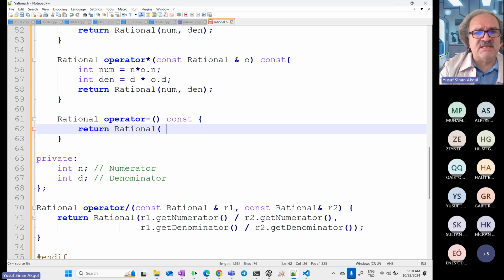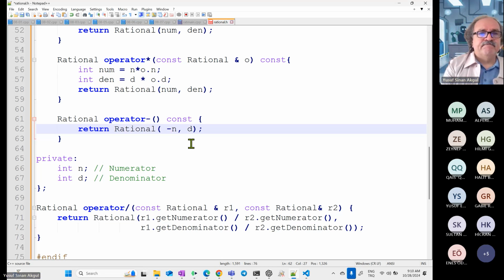My numerator will be exactly the same as my object's numerator. But maybe I should do this. So I send minus this integer, comma the numerator, and that will be my